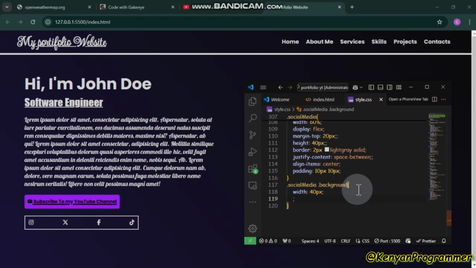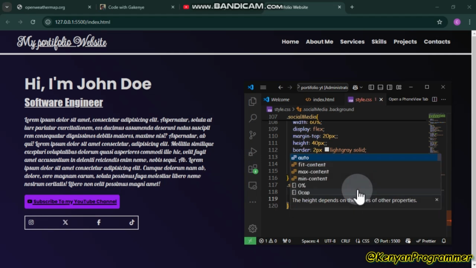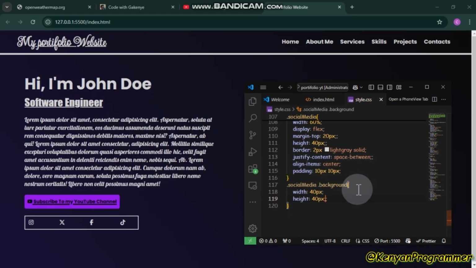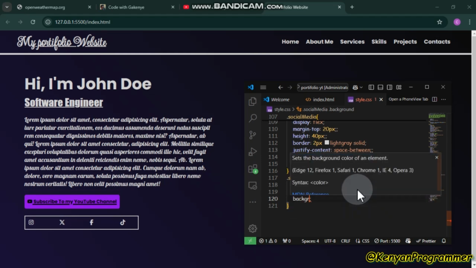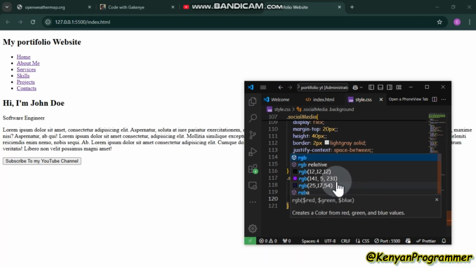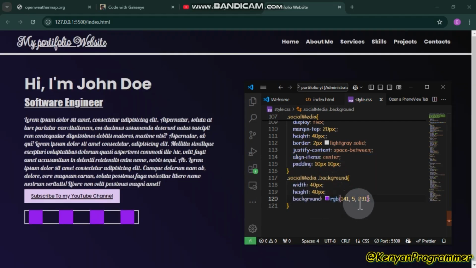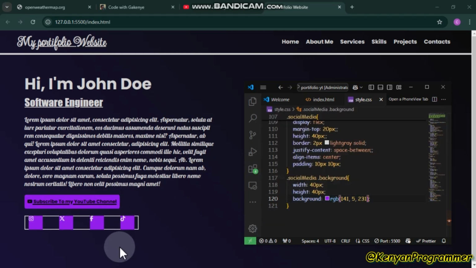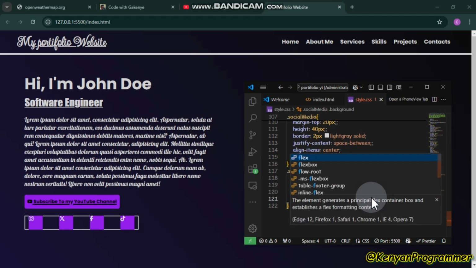Its height let's also be 40 pixels. Its background, let it be this color code, which you gave to the subscribe button. So there they are. And then let's say display flex,